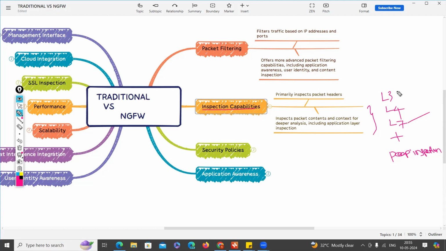So it is able to identify what the source and the destination are, what the protocol and port number are, and what the application is as well, so application visibility it has. So what kind of application the user tries to use, that communication is using what kind of application, that visibility is there. Along with that, who is using that application, right? So the user, simply I said who. Okay, and along with that, it is able to do deep inspection of what kind of data they are trying to